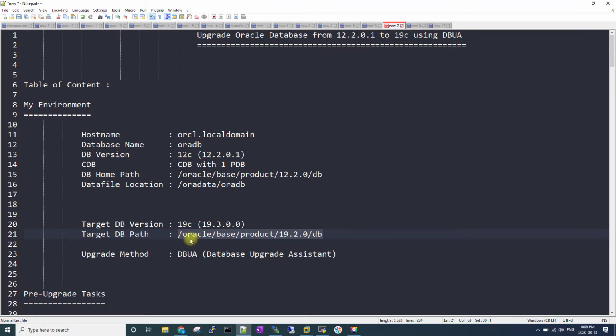So make sure that you extract to the Oracle Home itself. For that you need to create the directory first. That's what needs to be done. Okay, so I think I have made myself clear about it.